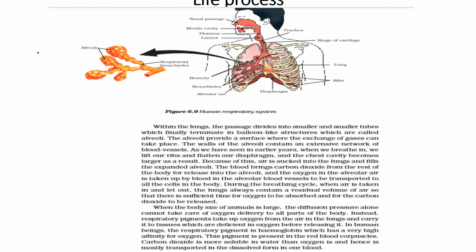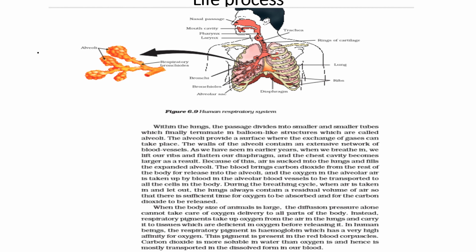So today we will learn about the respiratory system of human beings and the different organs involved in the respiratory system. You can see the diagram. In this diagram you can see the nasal passage, which allows the air to pass through,